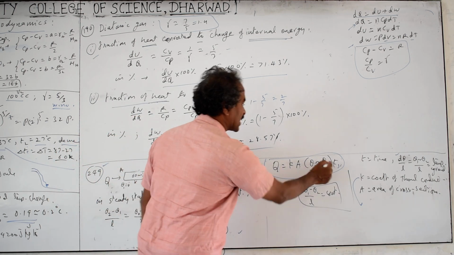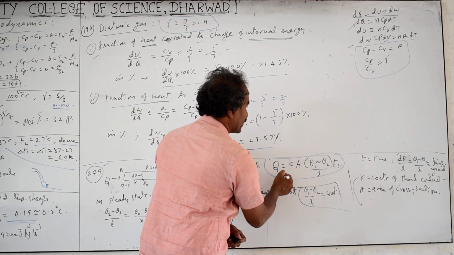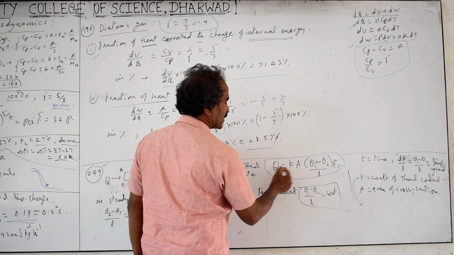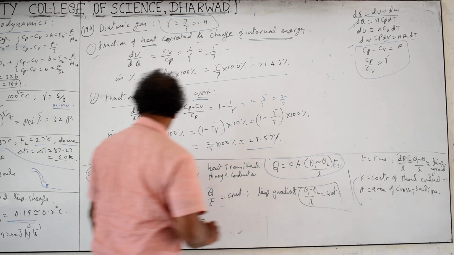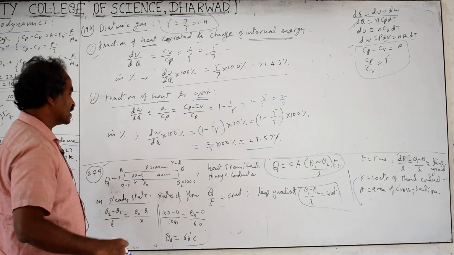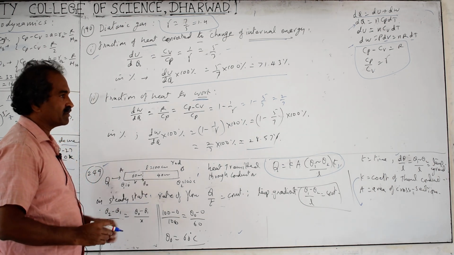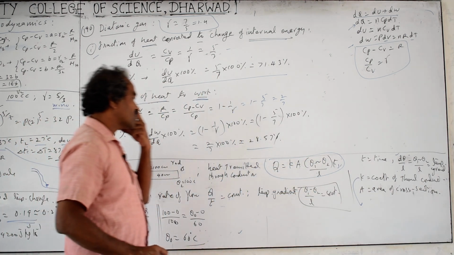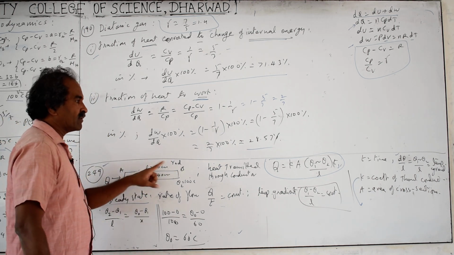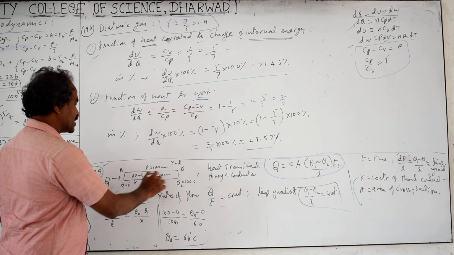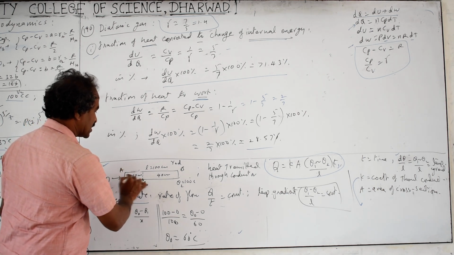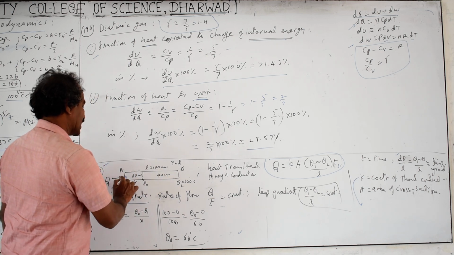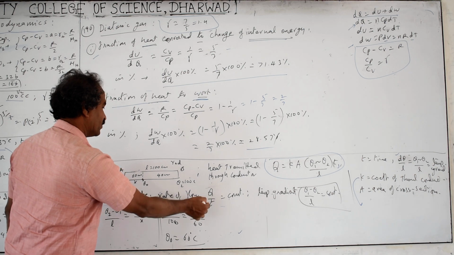Q by T is called the rate of flow of heat. If you take time to the left side, Q by T is energy by time, which is power. The thermal power transmitted is equal to K into A into the temperature gradient. But in the case of the steady state, the rate of flow remains constant and the temperature gradient always remains constant. Rate of flow means Q by T is constant, and the temperature gradient, theta 1 minus theta 2 by L, is constant. Temperature will never be equal throughout the conductor; it will become equal only after infinite time. At the steady state, the heat absorbed remains constant, the rate of flow of heat remains constant, so the temperature gradient and Q by T are both constant.